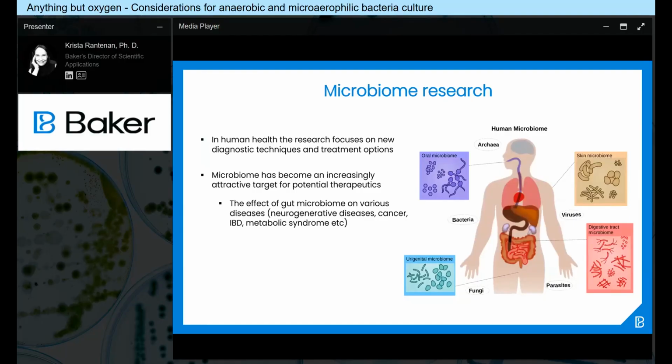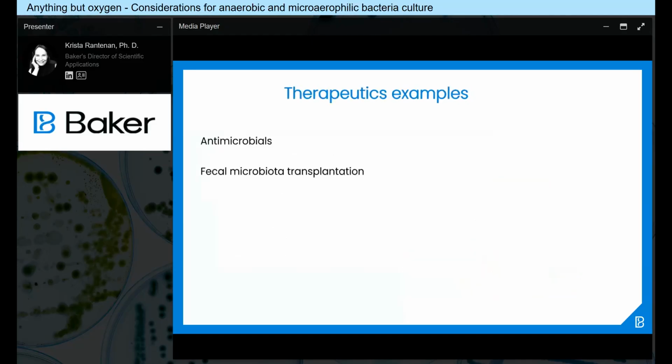They can be neurodegenerative, cancer, metabolic syndrome, and various others, as you may have heard. And a lot of studies, of course, are done on health-supporting probiotics and prebiotics and symbiotics and pharmabiotics. But I have a couple of examples also when it comes to therapeutics, when we talk about